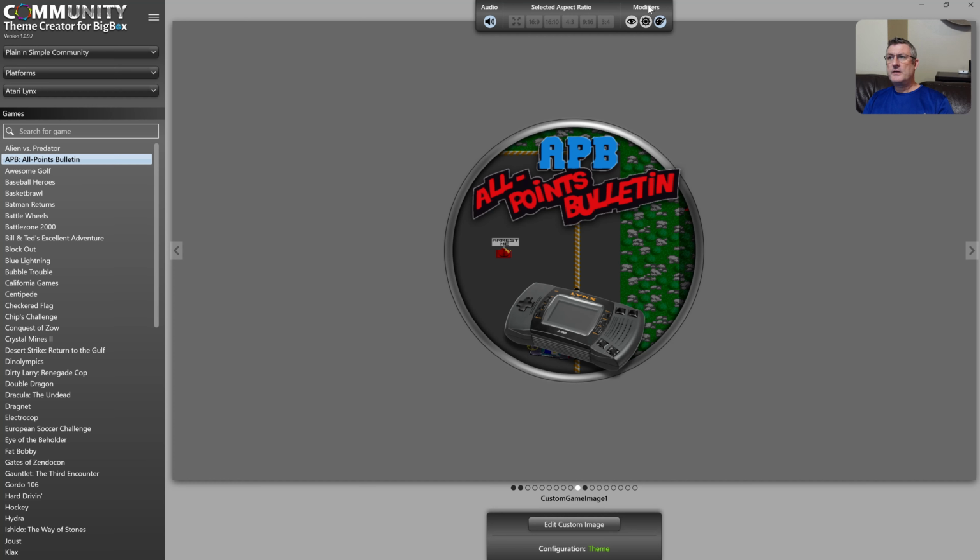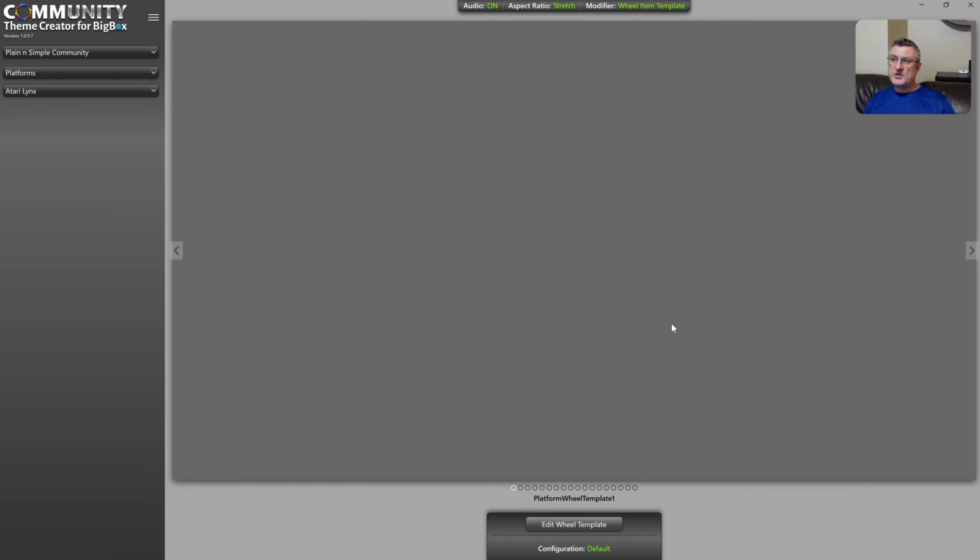Instead of being fixed to the standard game cover or game cartridge and this kind of stuff. I'm not going to go into all the details, but if you have a look at the proof of concept, then you can see how cool it is. Now, the idea is, I don't have all the components in here, but if you're familiar with the custom image creator, it's going to work pretty much exactly the same as that. So we're in Wheel Item Template,